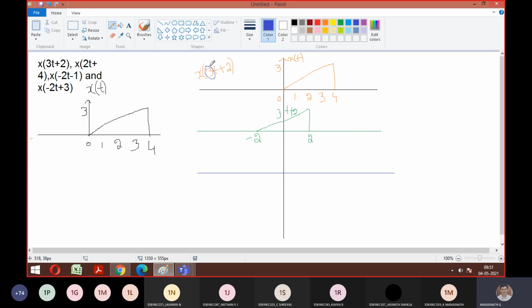So you should be sticking to the question. That's why I told you yesterday, whatever question they give, don't blindly divide by 2 or multiply by 2. If it is 2t plus 2, 2t minus 2, minus 2t, wherever you find 2t, then you can divide by 2 and multiply by 2. Since in this particular question they have given 3, the compression should happen with respect to 3. So I should divide by what now? 3. So now tell me, minus 2 divided by 3 is how much?